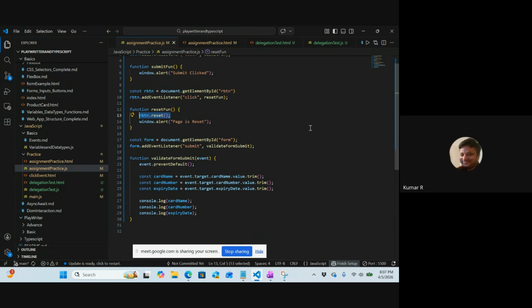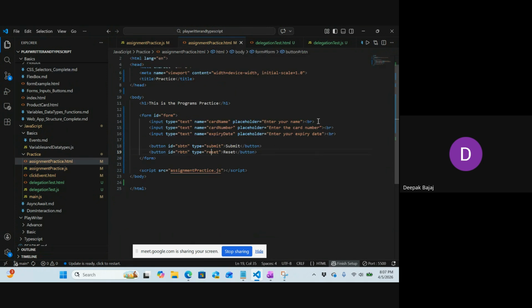Why are you not using CSS? Because we learned CSS, this Flexbox, am I right? And with the help of that, you can do this neat and clean. You need to check your previous chapter for CSS and apply the things there. Okay, sure. And the other thing which you need to improve, right now you are using a form,